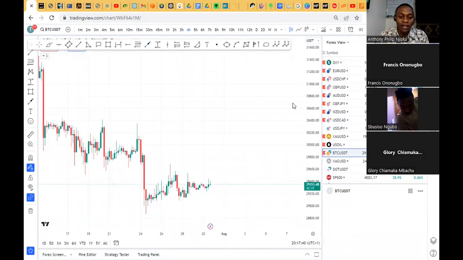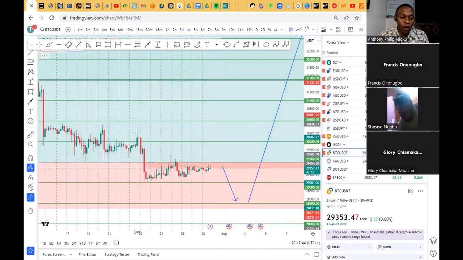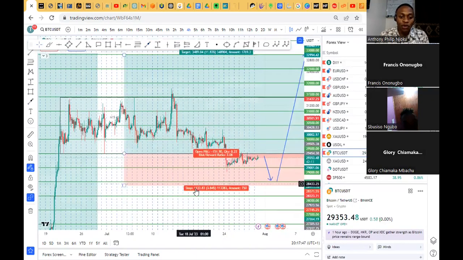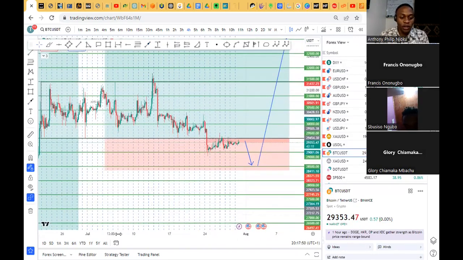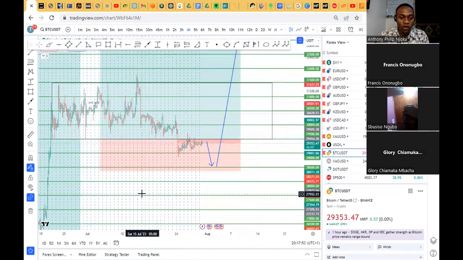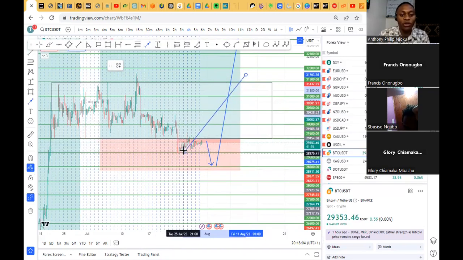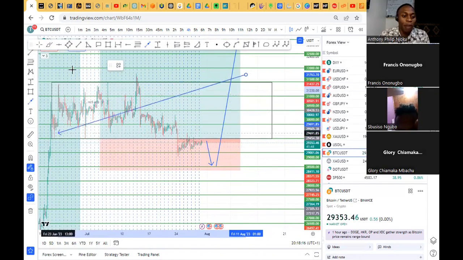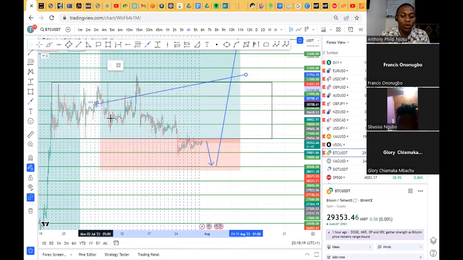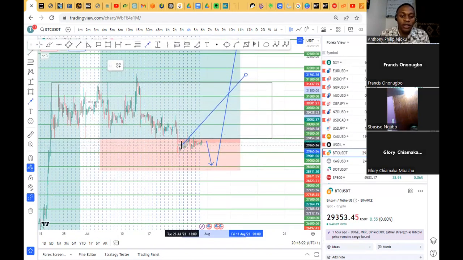And the last on our list is the Bitcoin pair. Bitcoin currently, if you guys can remember, we drew this accumulation box within the psychological levels of 31,500 and 29,500. And we told you guys, if this market breaks out, either from the upside or the downside, we'll be trading it with the 4 stages of the trend. First of all, accumulation, buy side liquidity and sell side liquidity. Second is breakout. Second stage is breakout.